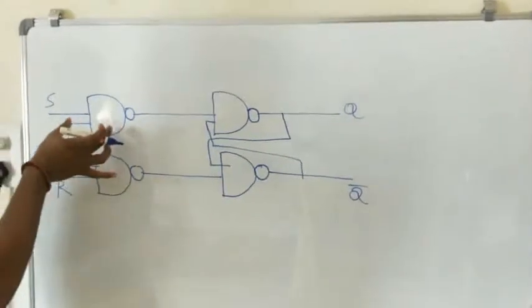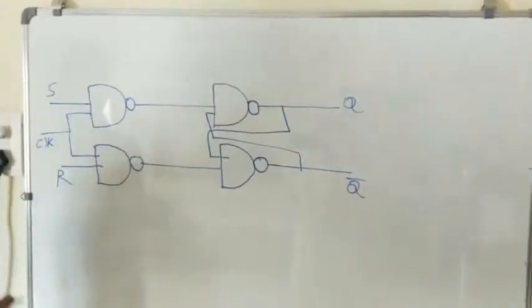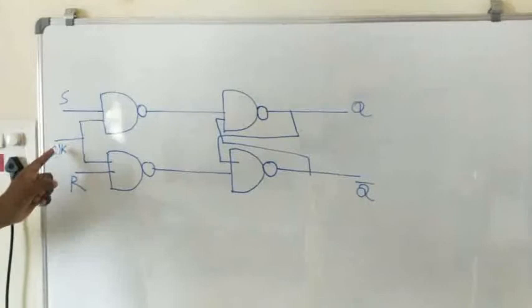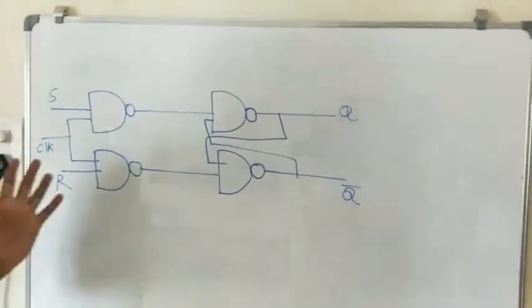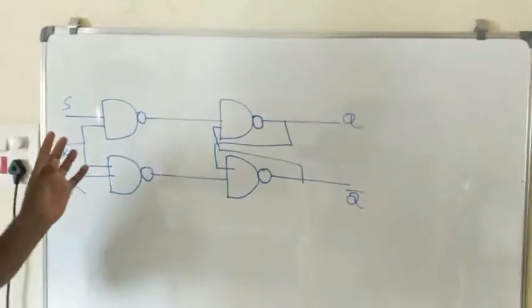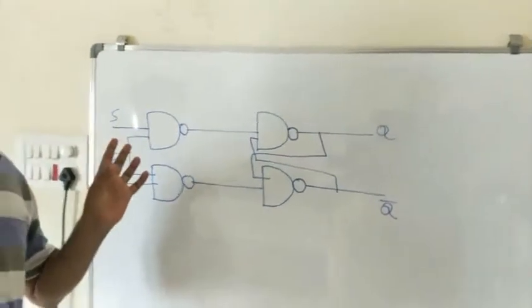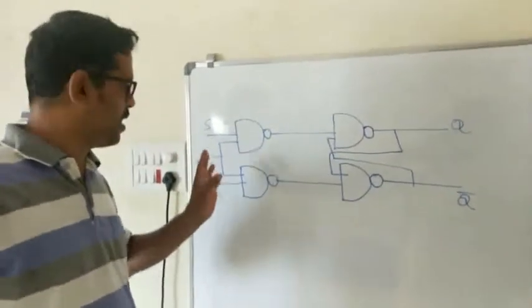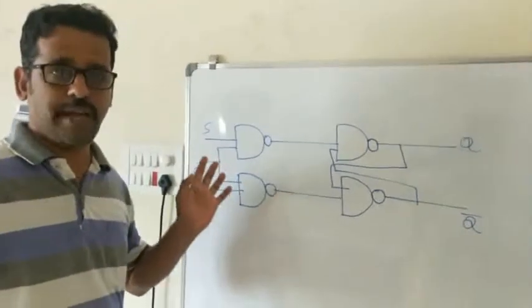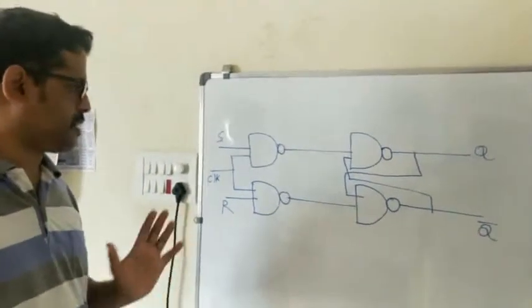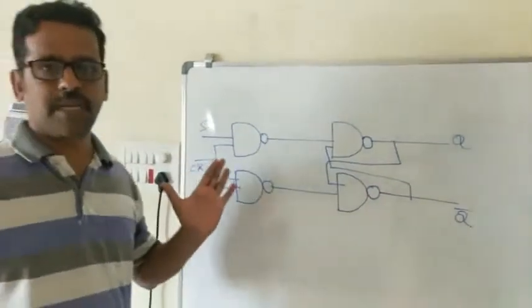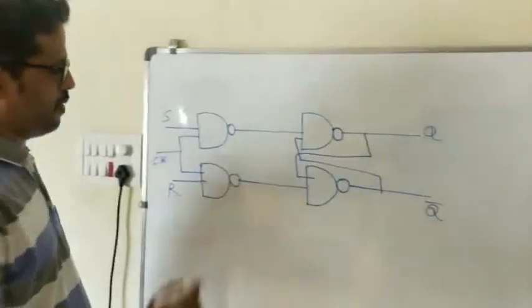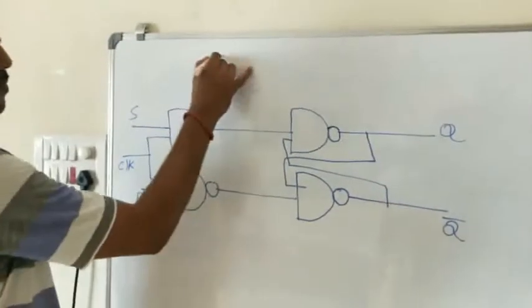Before that, what we have done? We have included two NAND gates and we have provided two inputs called S and R, and both the NAND gates are combined with a special input called the clock input, which means that the circuit will start working or react to our inputs when the clock input is activated. If the clock input is not activated, the flip-flop won't respond to the inputs. That is the purpose of a clock input. By default, the clock input is always 1. Based on this, now we will see the characteristic table of the SR flip-flop.